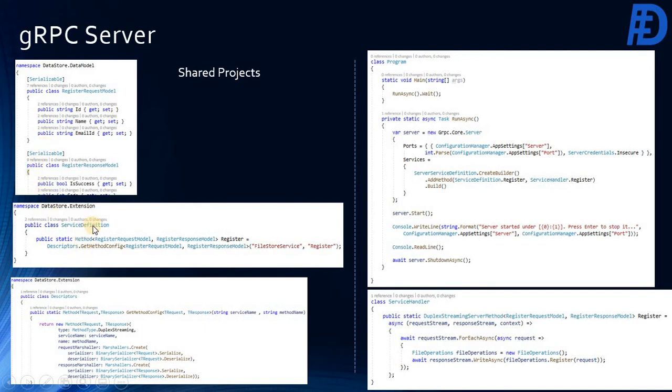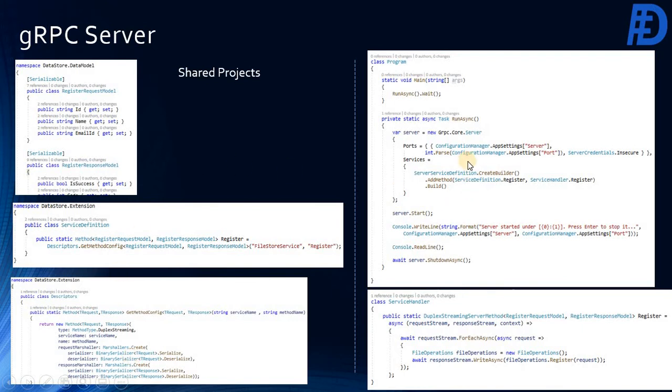Another one is the service definition, which has to be maintained for the server and the client. The service definition uses descriptors. What are descriptors? Descriptors are nothing but the configuration of the endpoint, like type, service name, and what serializer is used. Here I have used a binary serializer. You can change it later to whatever you want.